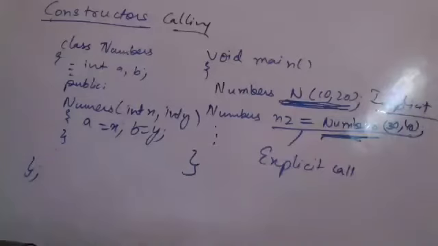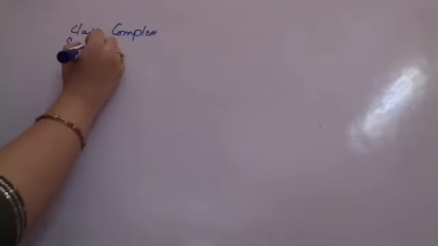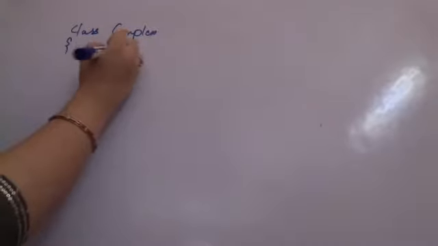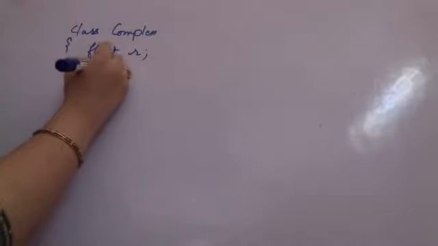I hope such examples you have all done earlier also. Let's see the example. Classes: you have to create, read complex numbers, find their sum and print them. So I'm creating a class complex. Within the class, I'm taking the real and the imaginary part. Supposedly I'm taking it to be a float. So I'm taking float real and float imaginary part. You can take it any of your choice.